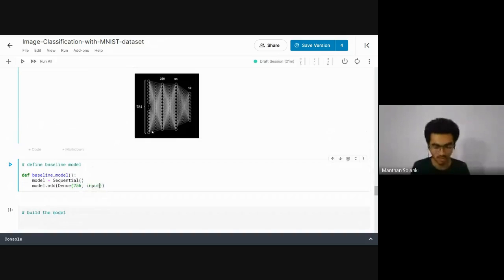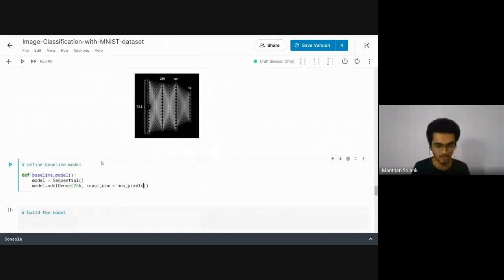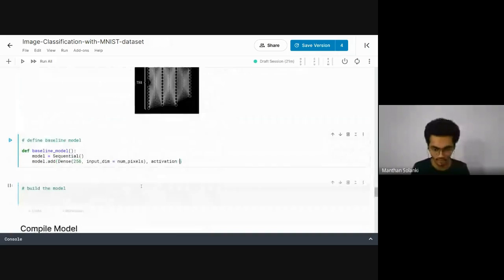Now what is my input dimension? Input dimensions are, I already wrote number of pixels. Okay, so number of pixels. What is the activation function for this? ReLU. So write activation ReLU. This is my first layer.